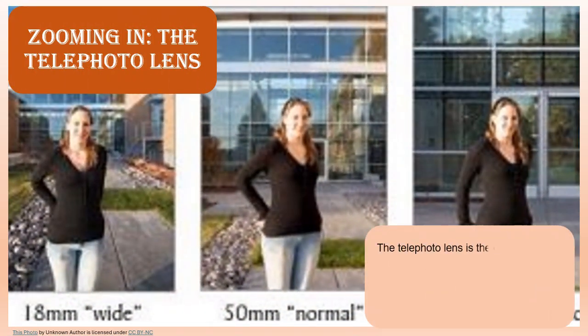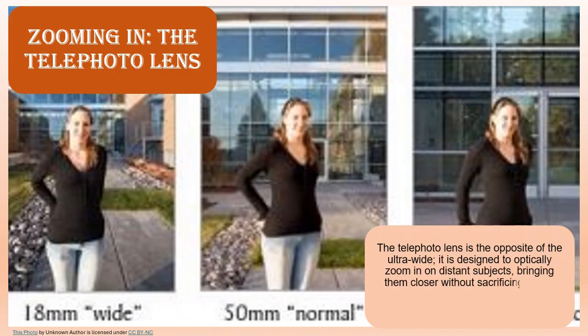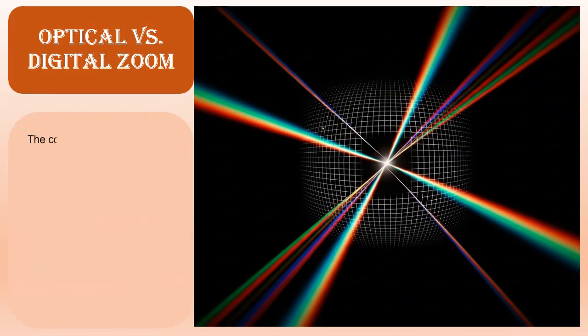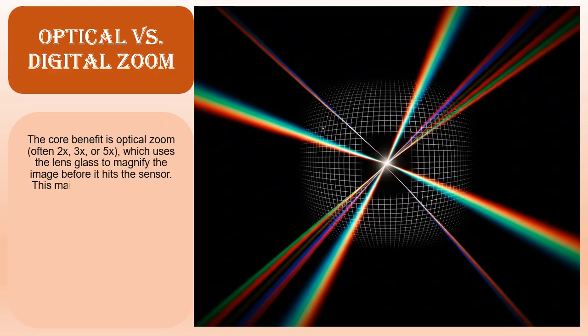The telephoto lens is the opposite of the ultra-wide. It is designed to optically zoom in on distant subjects, bringing them closer without sacrificing image quality. This is achieved by having a longer focal length than the primary lens. Optical versus digital zoom. The core benefit is optical zoom, often 2x, 3x or 5x, which uses the lens glass